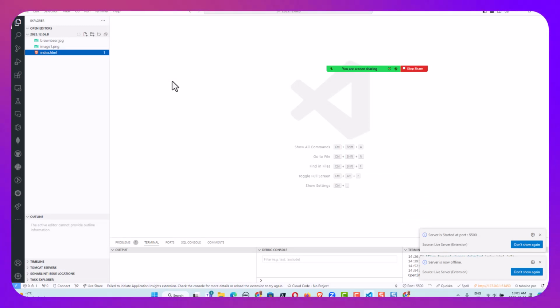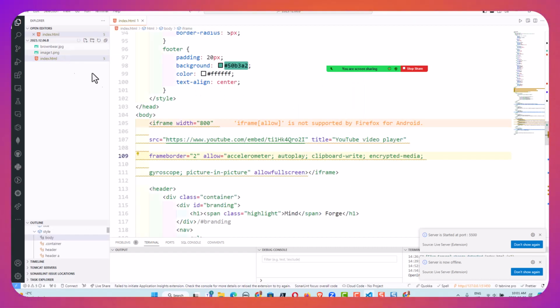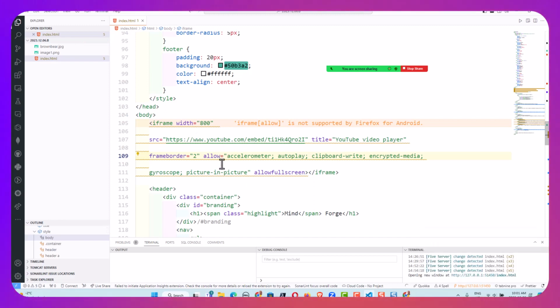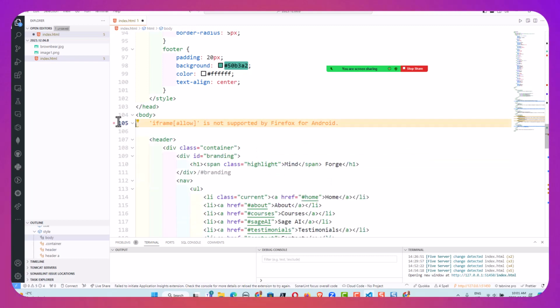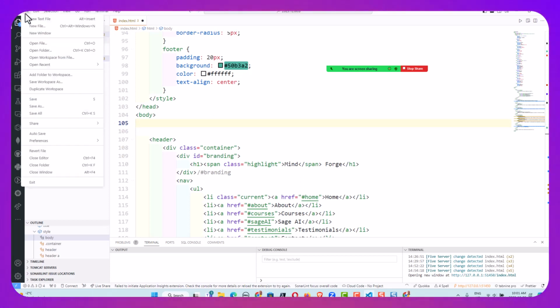I lost my work. Now, if I would have set up a GitHub, I could have gone back to it. But anyway, maybe I can still fix this. Oh no, actually, this is not even my updated code. This is my code I had before. So if I get rid of this, because I changed it in Google Sites, I did not change it here. So save,